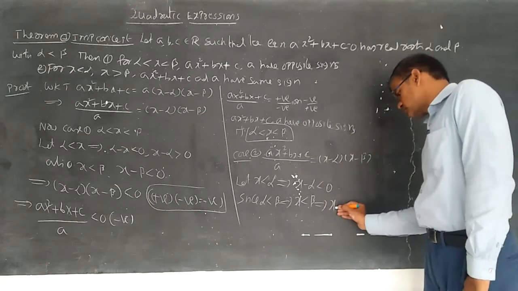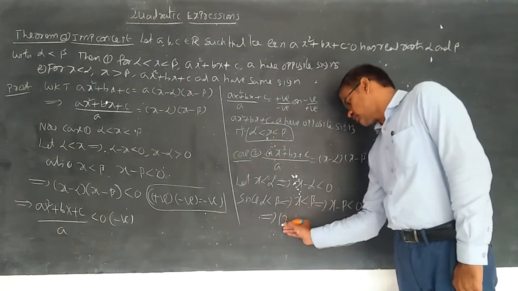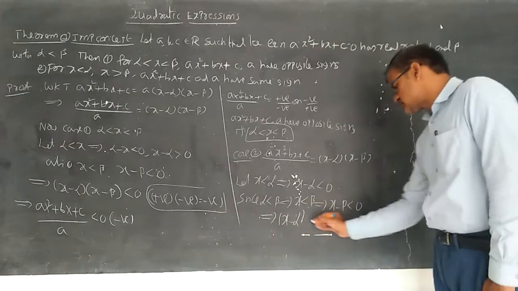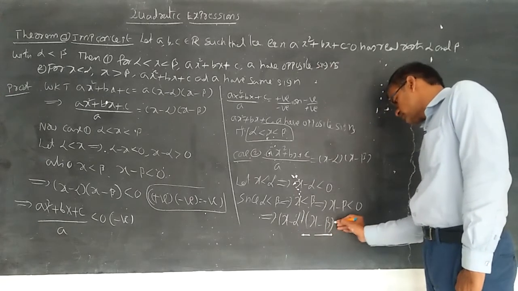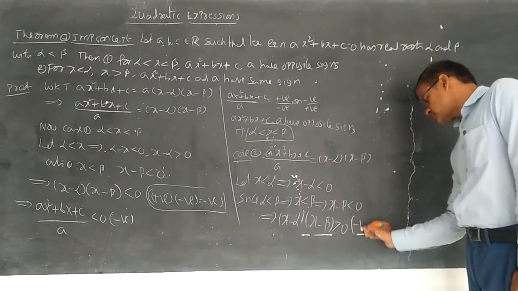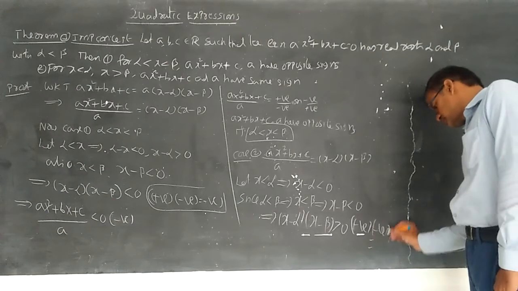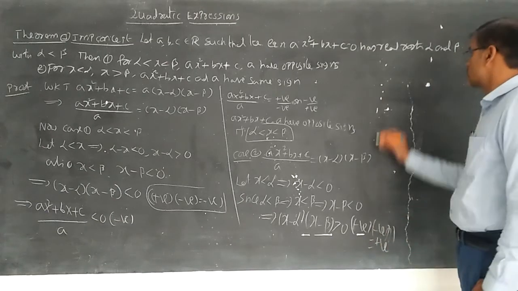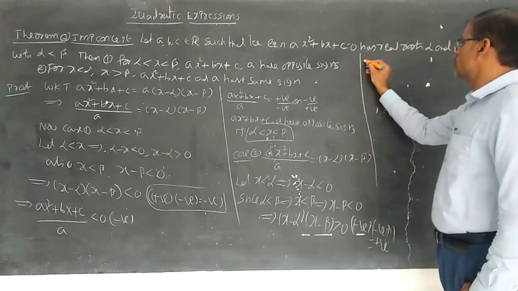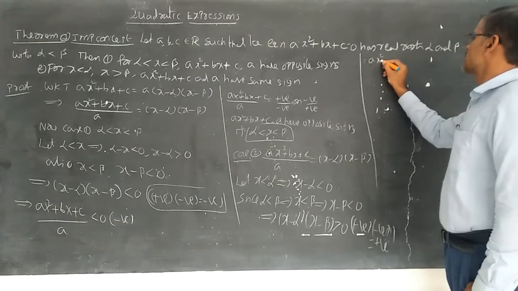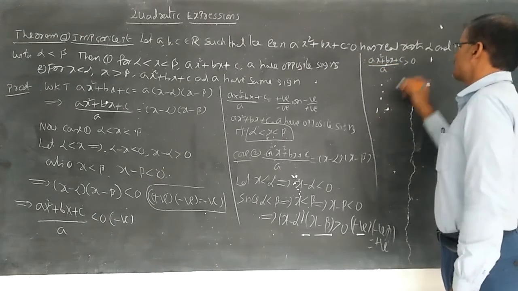Whenever x is less than beta, you can write x minus beta is less than 0. That implies, I want to say that x minus alpha into x minus beta becomes positive, because you can write negative into negative. Negative into negative is equal to positive. The concept we use here is negative into negative equals positive. So therefore, positive, we got (ax square plus bx plus c) by a greater than 0.